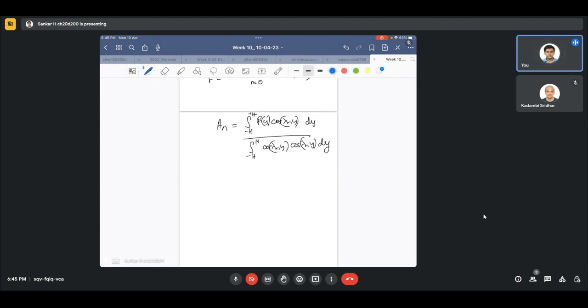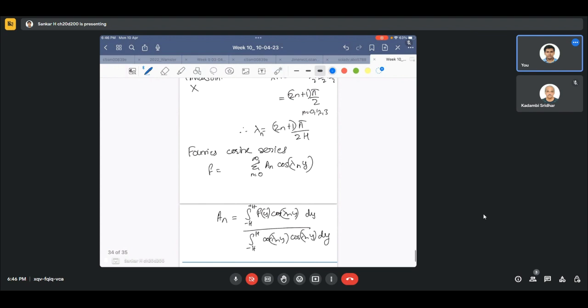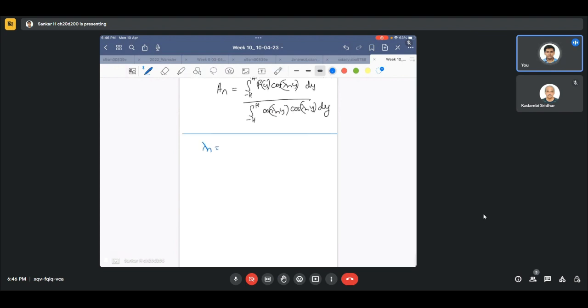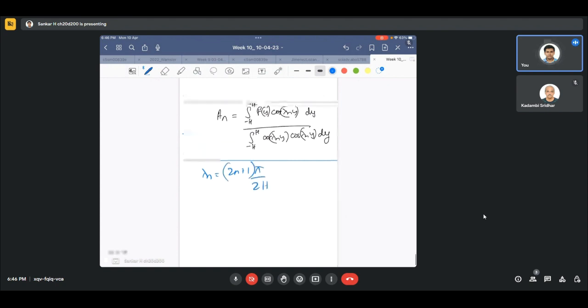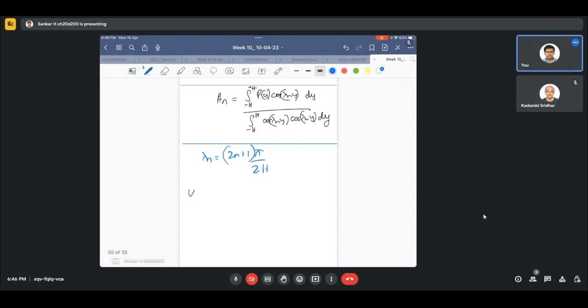Now we are almost towards the end of this derivation. Let me just analyze where we are right now. We found that lambda n is equal to 2n plus 1 pi by 2h, and we have the solution u particular to be equal to